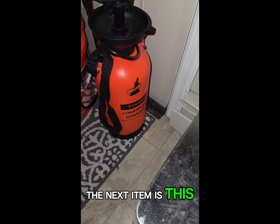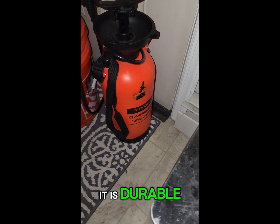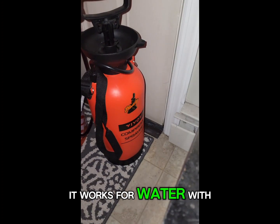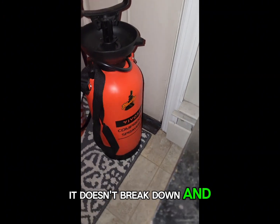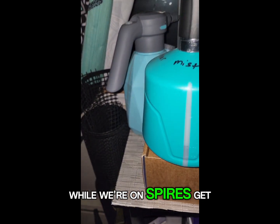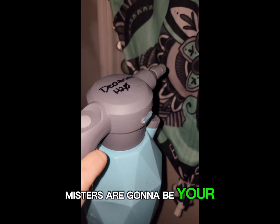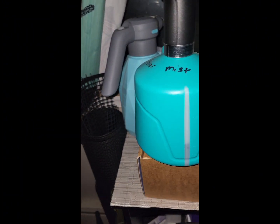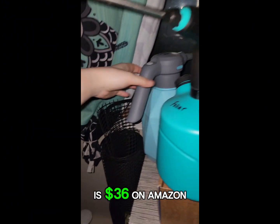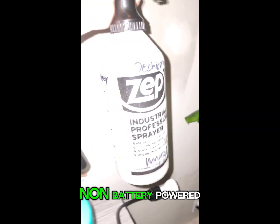The next item is this Vivo Sun pump sprayer. I love this pump sprayer. It is durable. It works for water with fertilizers put in it. It doesn't break down, and I've had it for months. While we're on sprayers, get a mister. There's electronic misters, handheld misters. Misters are going to be your best friend, whether you do handheld or electronic, as I was showing you. The Vivo Sun pump sprayer is $36 on Amazon, and the misters are about anywhere from $4 for non-battery powered